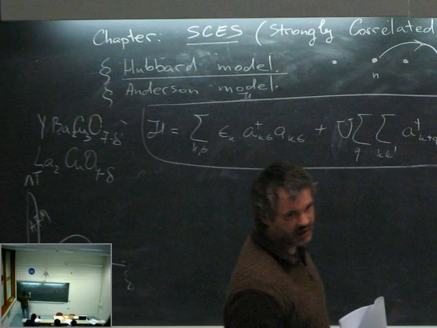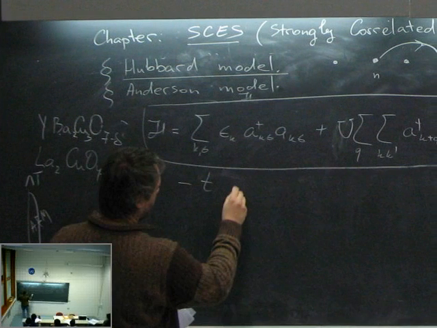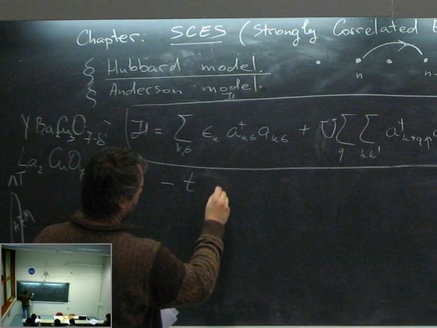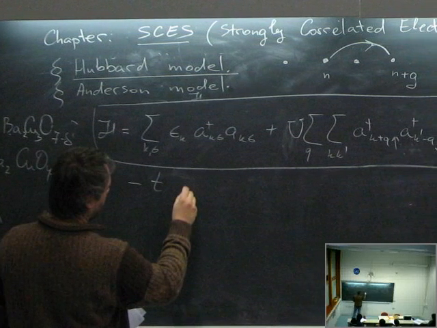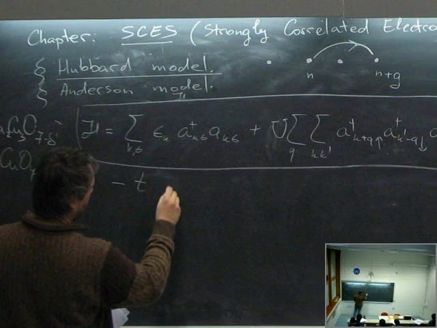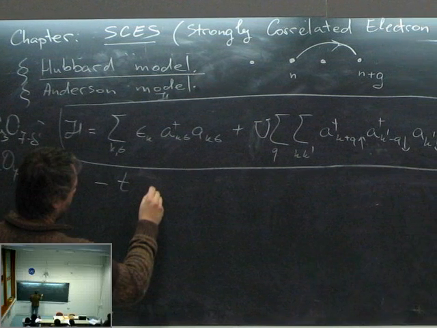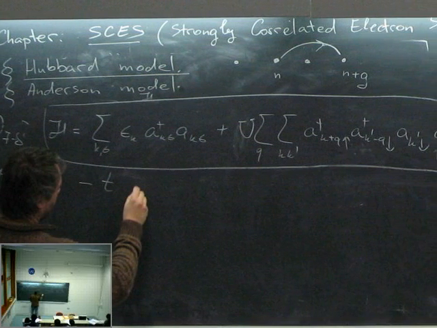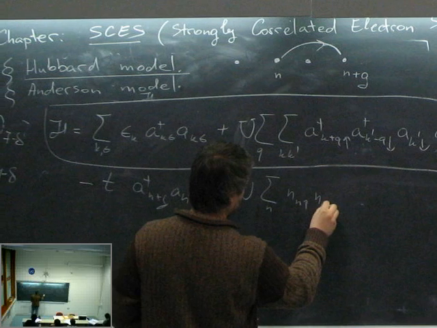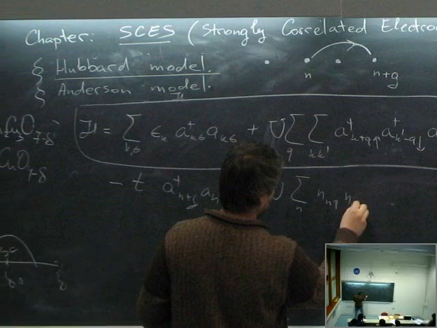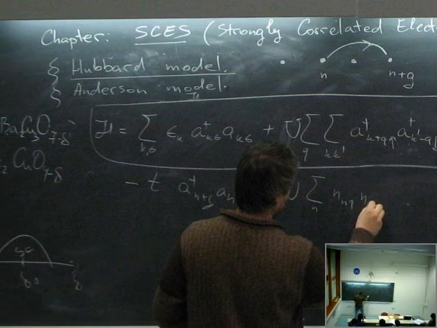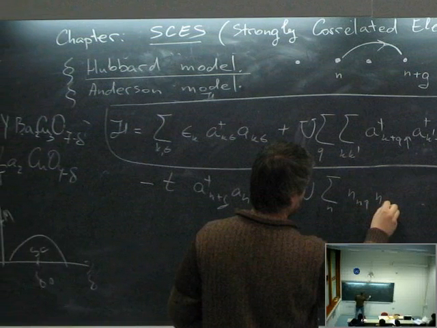What was written before is t a_n^† a_n plus h.c., and here it was U sum over n_up n_down, each of them a^† n up a n up, and this is a^† n